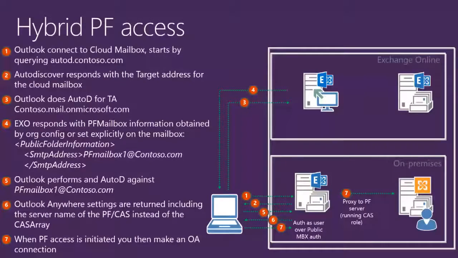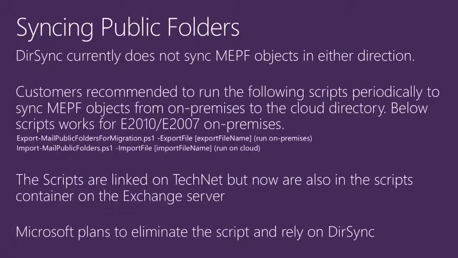But there are some quirks. One of them being mail-enabled public folders. Today, neither AADsync, nor FIM, nor DirSync syncs mail-enabled public folders, which means that you wouldn't see them in your global address list, if you will, in Office 365. So the guidance today is that you have to use a bunch of scripts. The scripts are available on TechNet, and they are also in a scripts folder on the Exchange server itself. They will help you get those mail-enabled public folders synchronized into Office 365, and then you set up